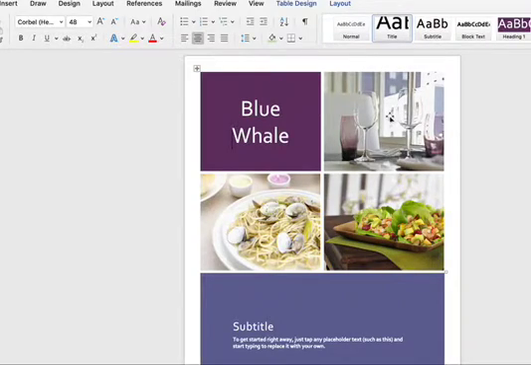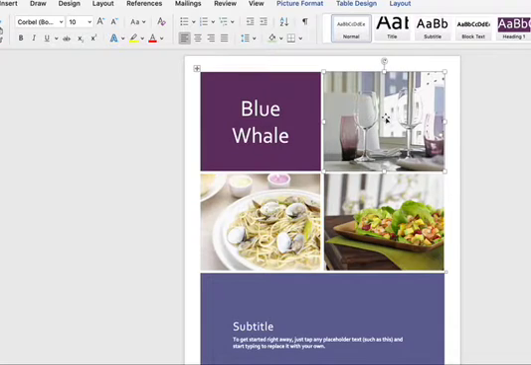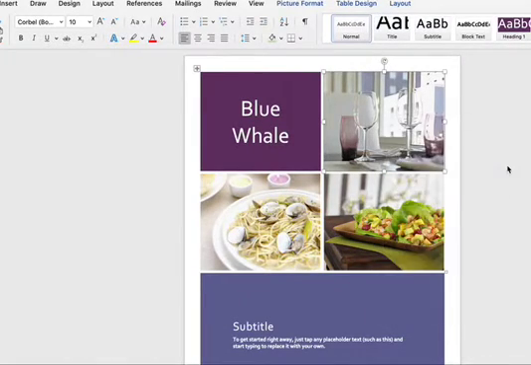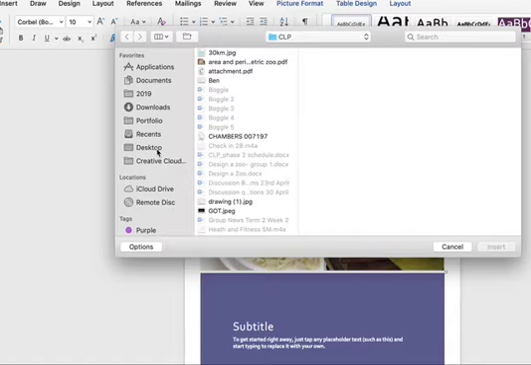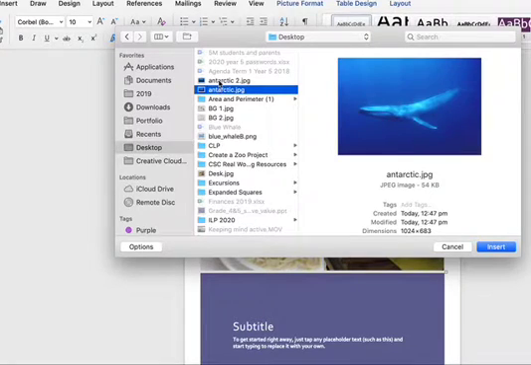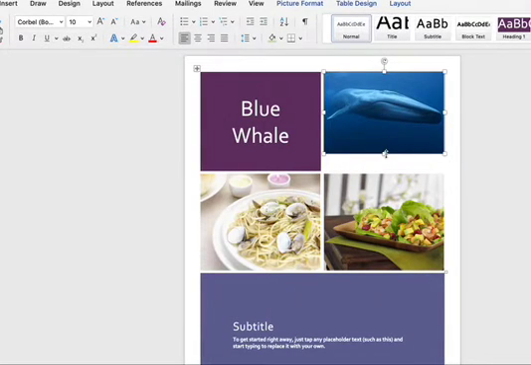Now, very simply, to have the pictures that you want here, I'm going to do that two-finger click. Remember, that's two fingers together in the middle of your trackpad. And then I'm going to go to change picture from file. And then I save all the things that I only use sometimes on my desktop, so I can quickly delete it afterwards. So I've got this nice Antarctic whale pictures here. So I'm going to go with this one here. And then I'm going to